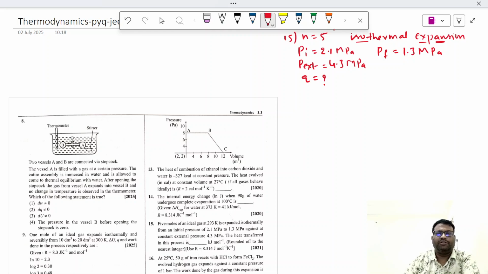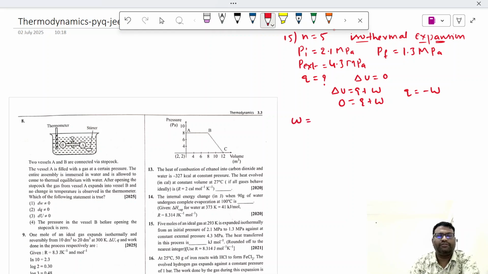As it is an isothermal process, delta U is equal to 0. From the first law of thermodynamics, delta U is equal to Q plus W. 0 is equal to Q plus W. So Q is equal to minus W. So if you can calculate work done, then we can get Q. So we know the formula for isothermal expansion. Okay. Work done is equal to